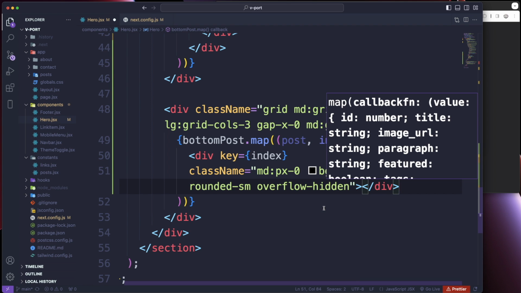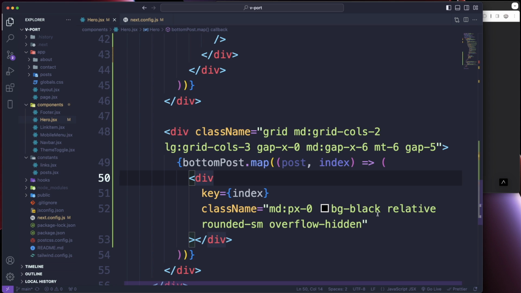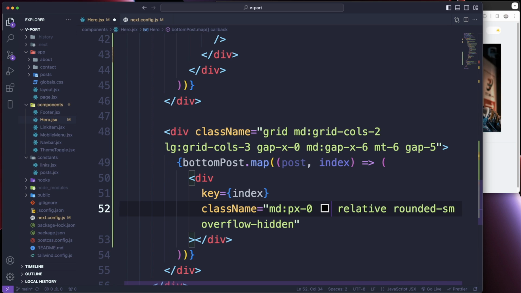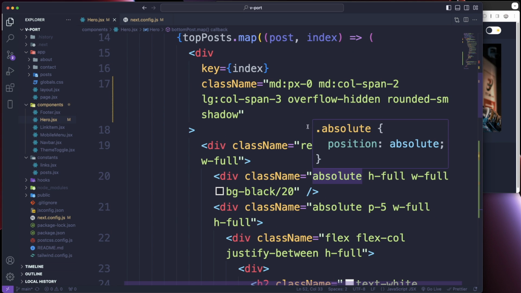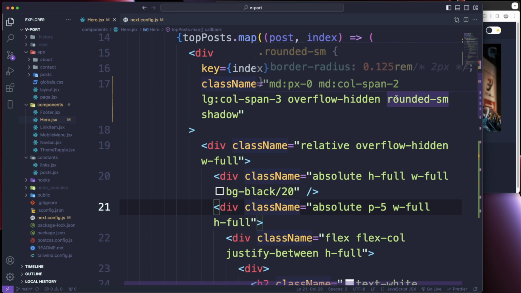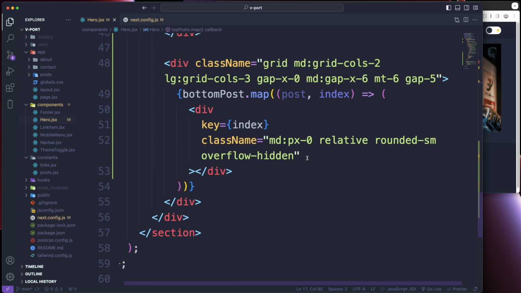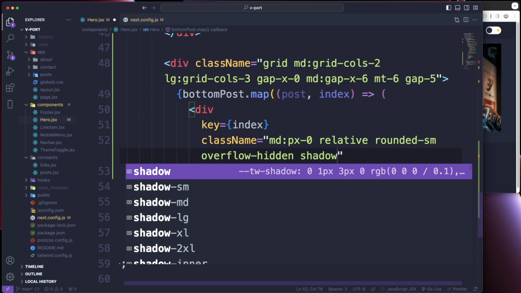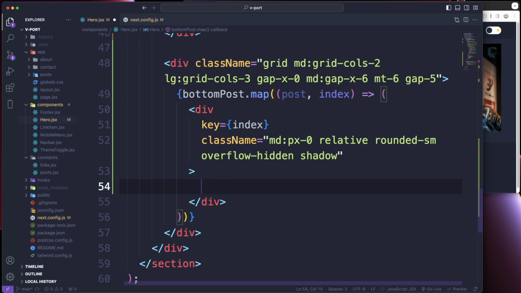Like that. All right. So this one up here is a little bit different. I don't think we need the BG black, so let's take that off. This one is rounded SM. Up here, okay, yeah, this was rounded SM as well, and we got a shadow. Let's add a shadow to these as well. We're gonna do a shadow. That. All right. So in here, in this div,